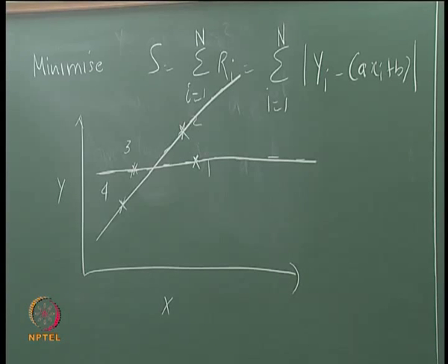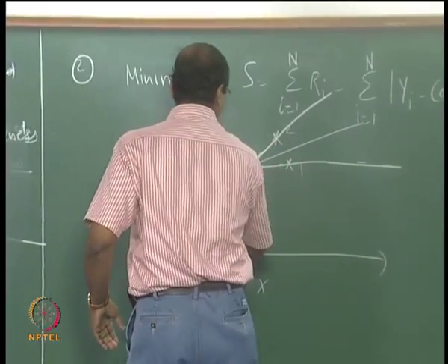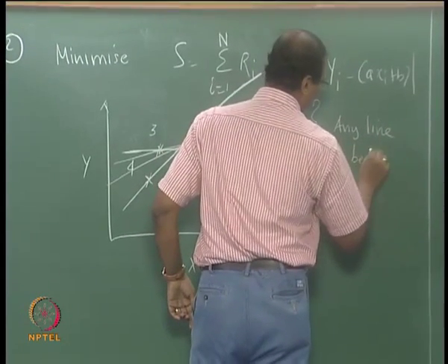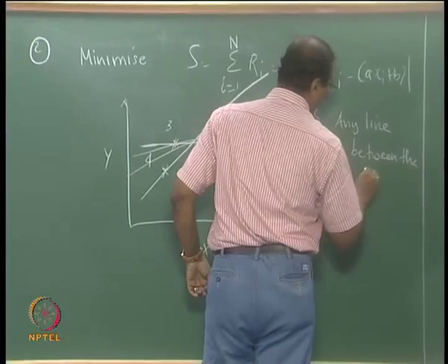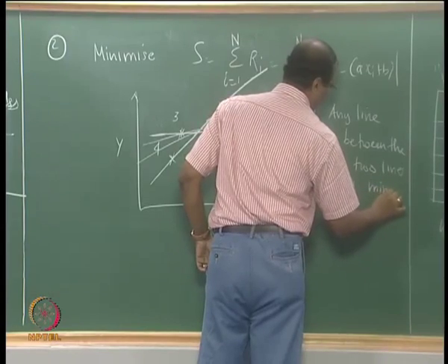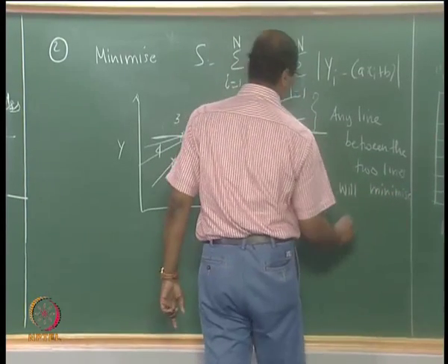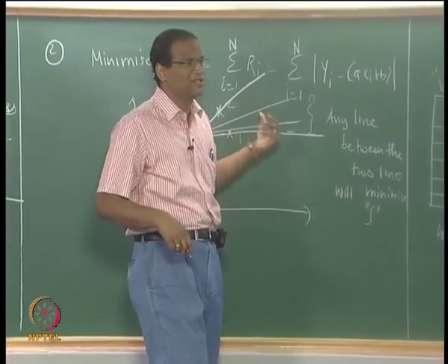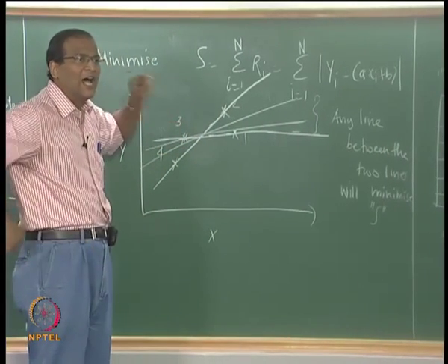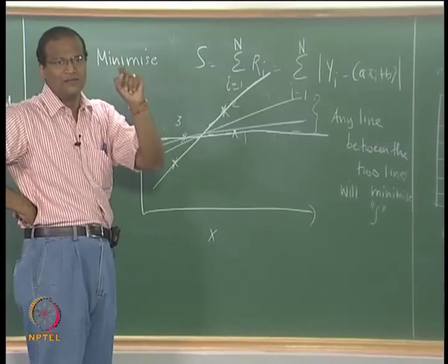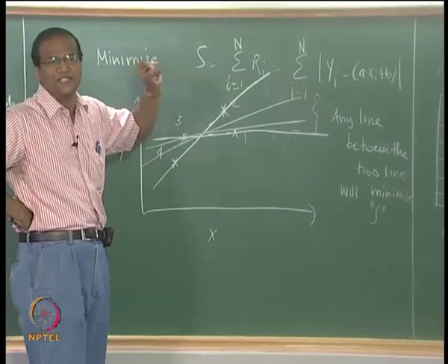You can put it in Excel and try to sort it out. So, a line like this, or any line. Alternatively, I can come out with many lines which will try to minimize this, lying between these two. My whole point is, unless I go home with a unique value of A and B, I cannot rest in peace, because I am looking for a pair which will best represent the data.